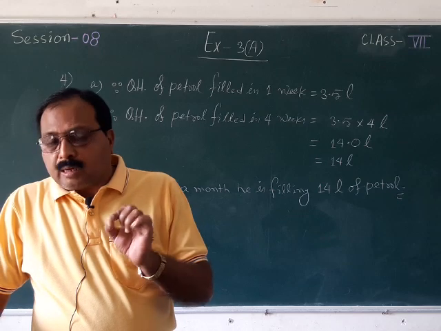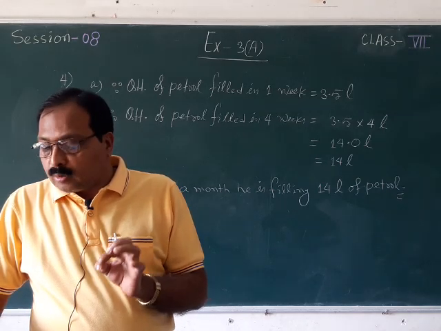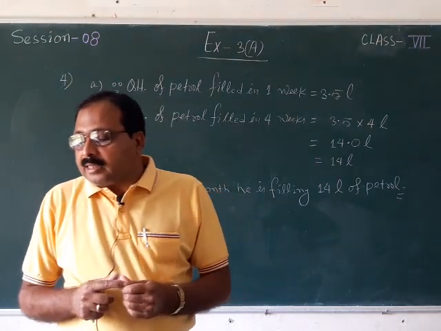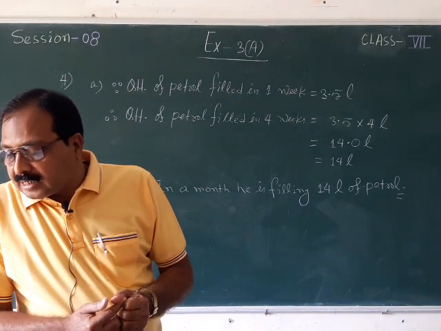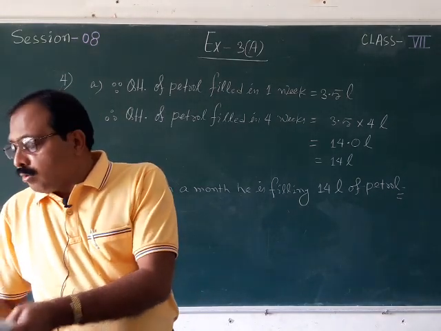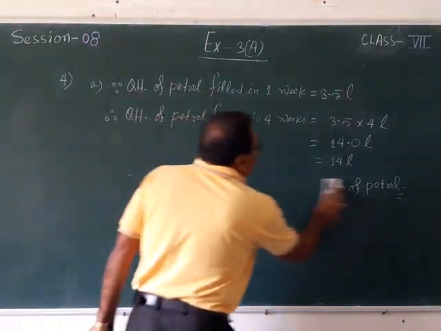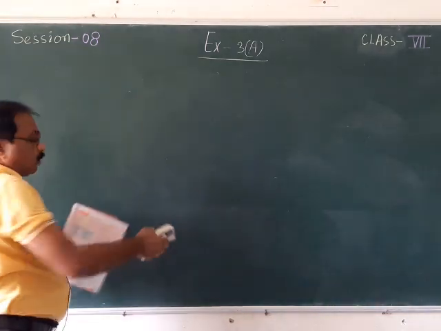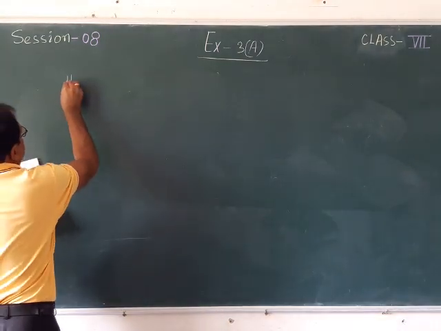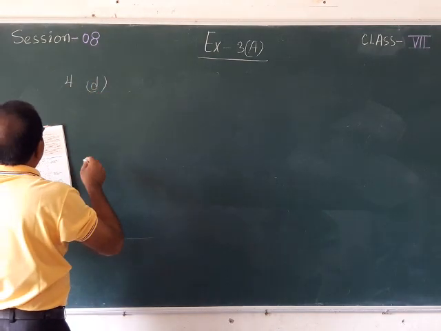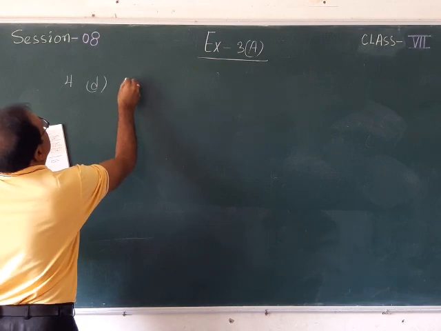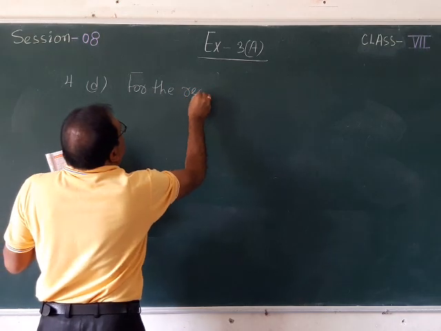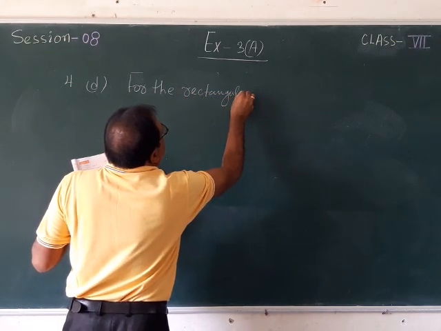Now I am reading question number D. Look at question number D in your book. The length of a rectangular lawn is 8.7 meter and its breadth is 3.9 meter less than its length. Find the area of the lawn. So I am showing you how you can do question number D of this exercise. This question is 4D. Here it is written the length of a rectangular lawn. So for the rectangular lawn, you will be writing